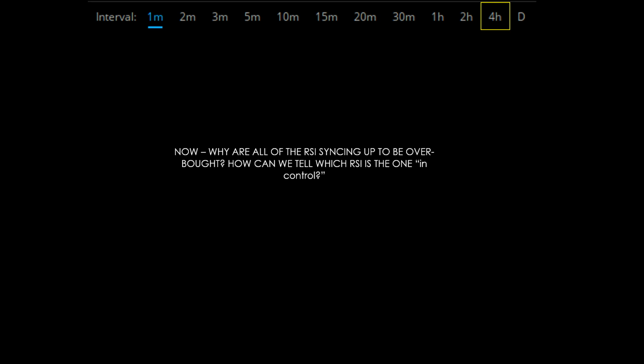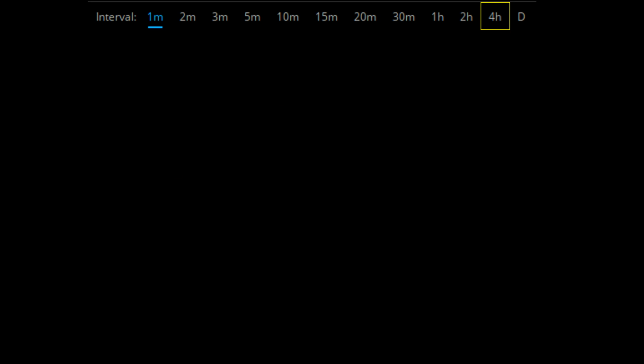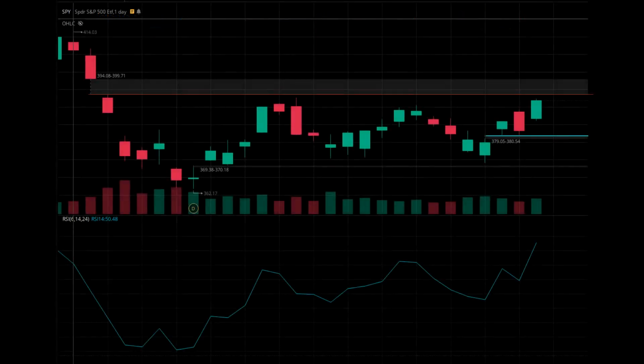Why are all of the RSI syncing up to be overbought? Obviously to go back down. But what does it have to do before it goes back down? It's gonna fill this gap, or at least test the gap resistance like it did here and then went down, like it tried to do here and then went down, but then it didn't make it. So it had to come and do an RSI reset to give itself enough room to go back up and make it. Now, I probably just lost like 99% of you there, and I do apologize,